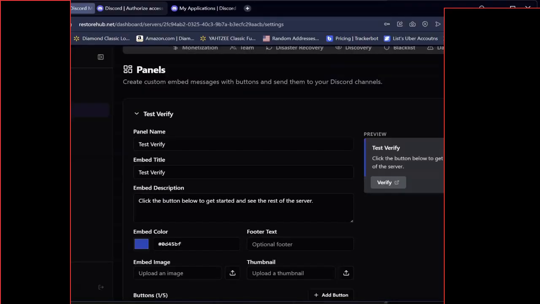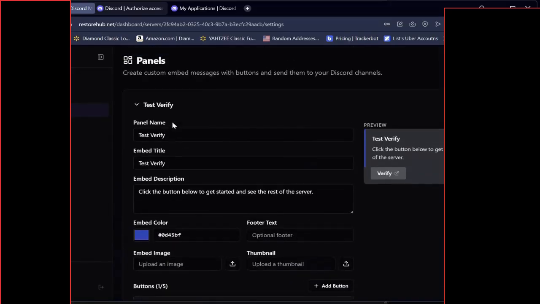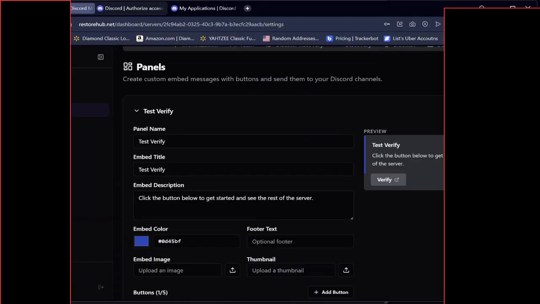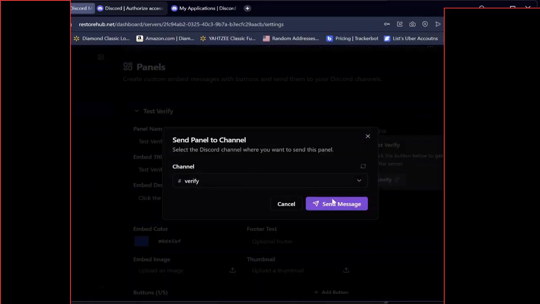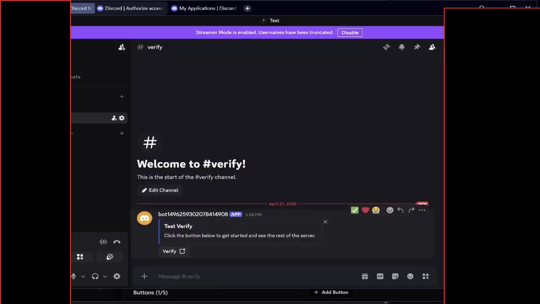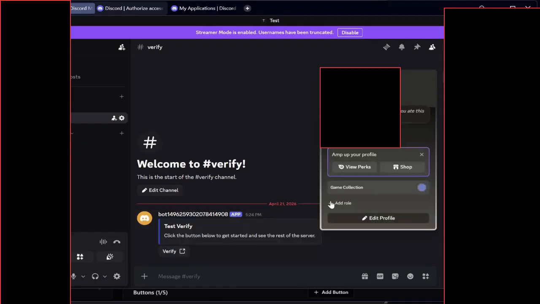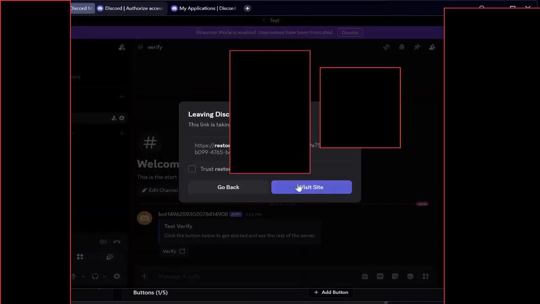But once you're done creating the panel, everything looks good. Your role is automatically assigned right there, but you could change it as well. And you're going to click the send button, send it to the verify channel, and it should be good to go. So you can see that the verify panel is showing. Right now I don't have the role. If I click here and I verify,